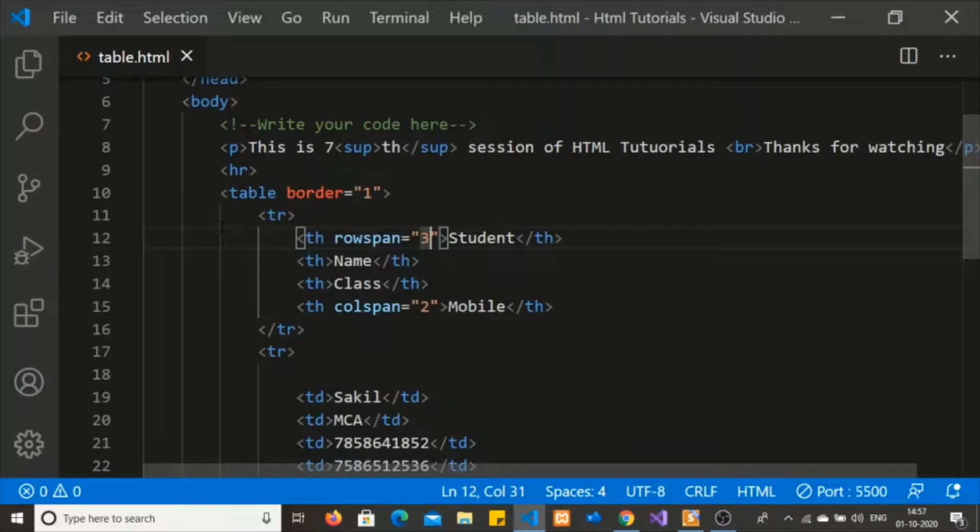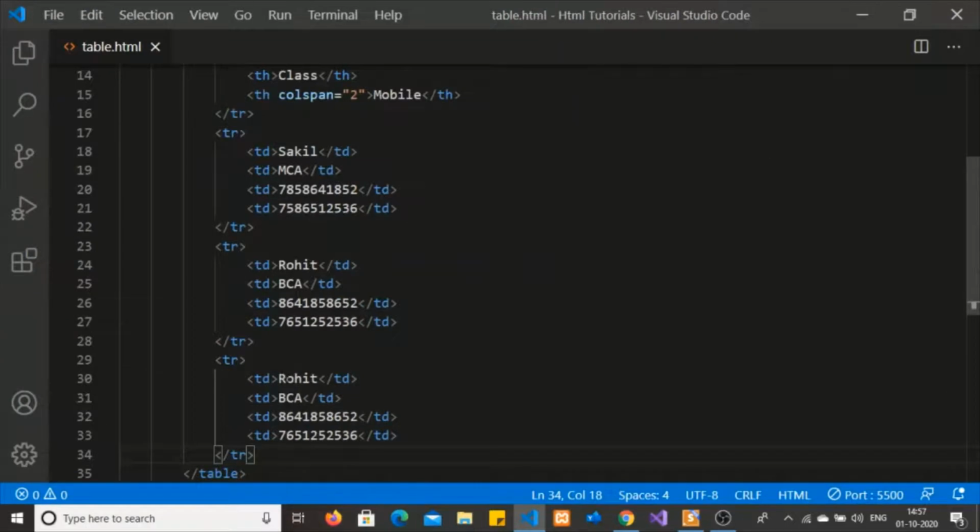If I wanted to add some more value, Nandan, its class is MCA and some random value.